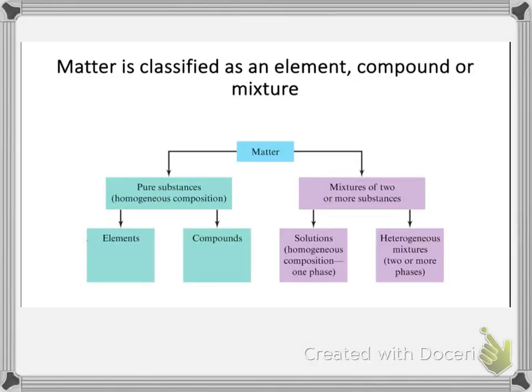So another aspect of matter is its classification. In this section, we're going to talk about elements, compounds, and mixtures. We'll look at the words associated with each of these classifications, how we would know what is what, and we'll do some examples. On this first slide, I have this flow chart that helps me, anyway, associate